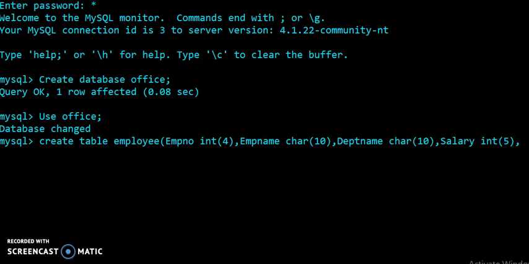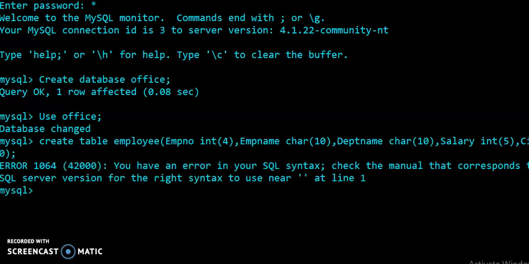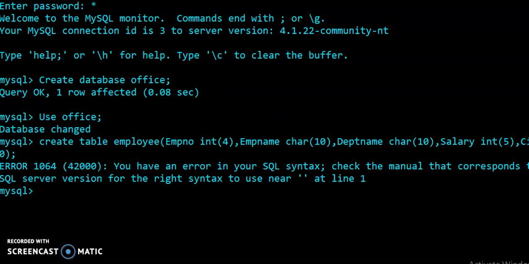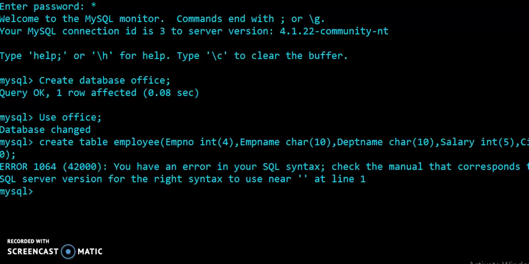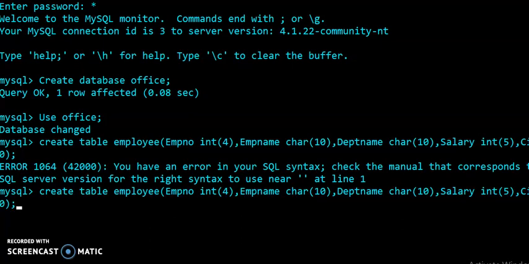I'm setting 5 here. And the last column that I want to set is city, and city is of char type, and here I have to set the size. Here I have to close two brackets, because one bracket is the main bracket that we have started for the EMPNO.